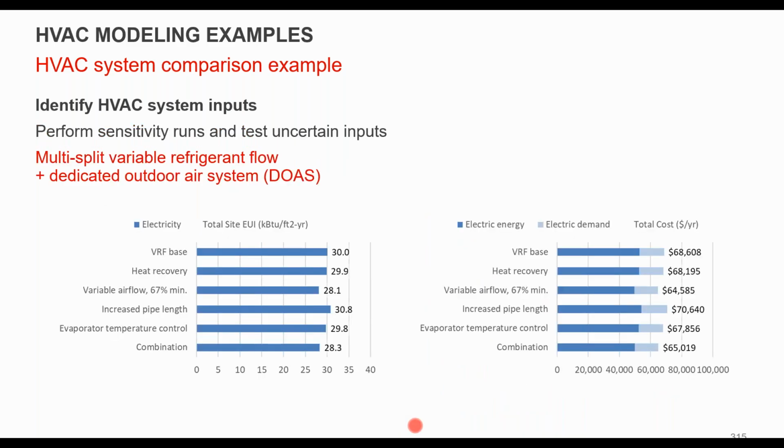And so what could this look like if you're doing sensitivity on this type of system? Again, you could have your base option, which is everything that we just talked about. If you added heat recovery, in this case, the ventilation might be such a small portion of the overall flow that adding heat recovery actually doesn't do a whole lot, because you've got to overcome the static of that heat recovery unit, and you're only gaining a little bit of savings by doing that. So that's kind of a good indicator that it's probably not worth it to do heat recovery.